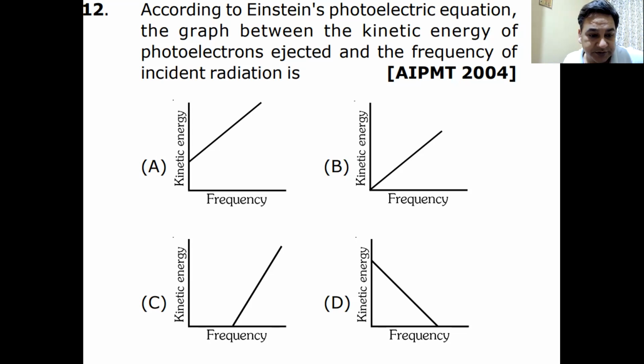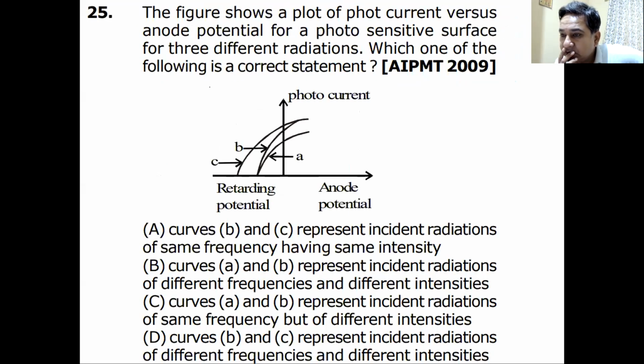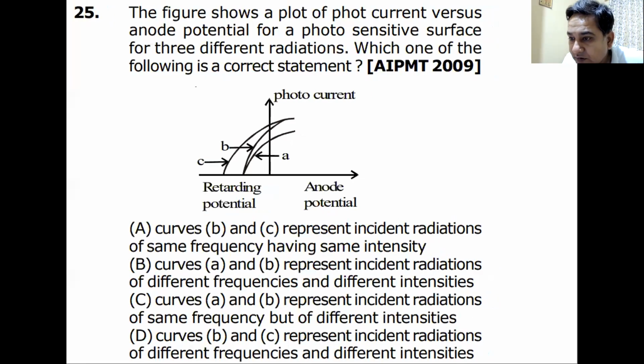The next question comes here. Why am I not seeing this entire thing? I'm amazed. Just give me a moment. I'll do some fiddling. Why am I not able to see this? Make it smaller. Then make it larger. Probably this will make sense now. Let me see if this makes sense. So here it comes and here it goes. And then I do this. Probably it was more zoomed. Now I hope you can see the entire question. You can see the entire question or not? Still the question is getting cut.